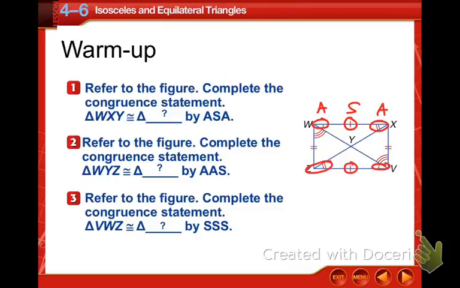Since angle W matches with angle V, V will be the first part of our name. Since angle Z matches with angle X, that's going to be the next part of our name, and then the only part of the name that is the same vertex, Y. So for our next one,